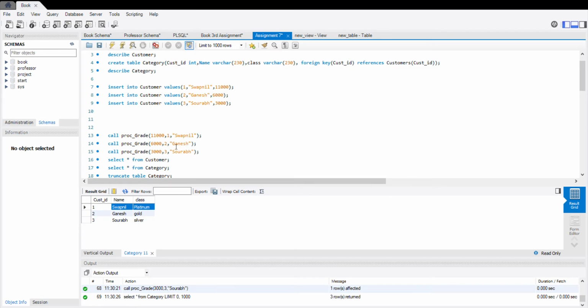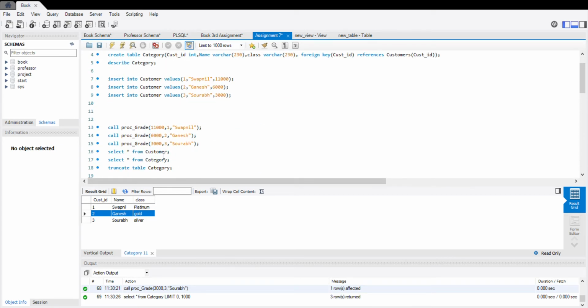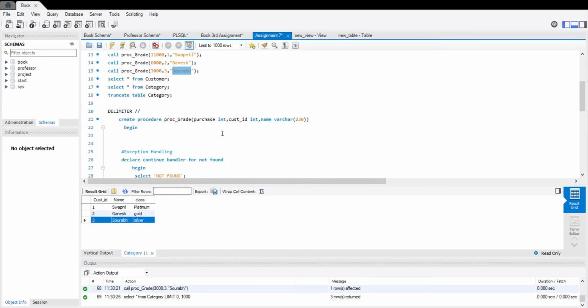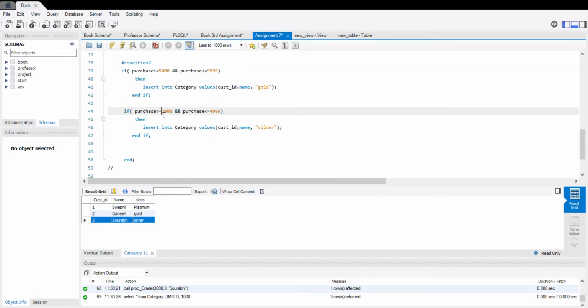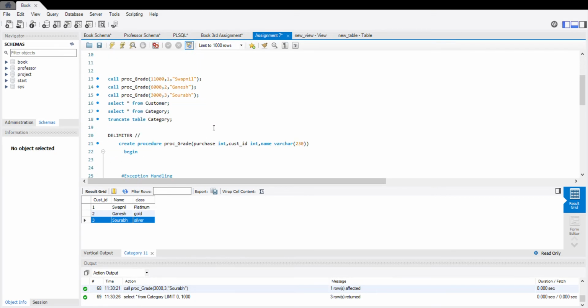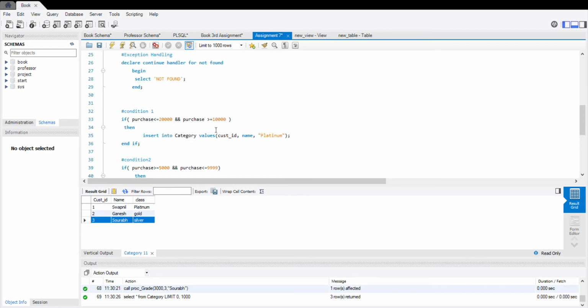Ganesh is placed in gold class because his purchase is 6,000, which is between 5,000 and 999,000. Saurabh is in the silver category because his purchase is 2,000 to 999,000. So according to the purchase, the records and classes are inserted by these procedures.